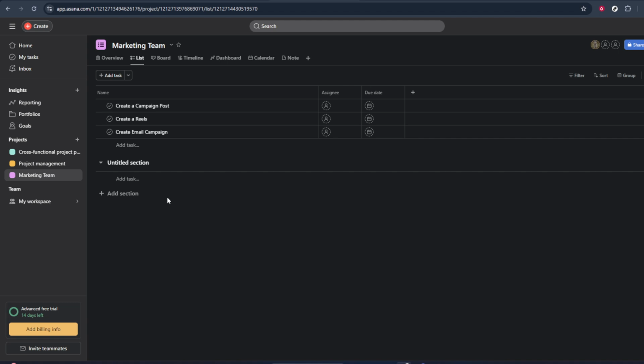That's all there is to it. Select the right project, then click Add Task. Once you get used to this simple flow, you'll be able to capture new work in Asana quickly and keep your projects clear,